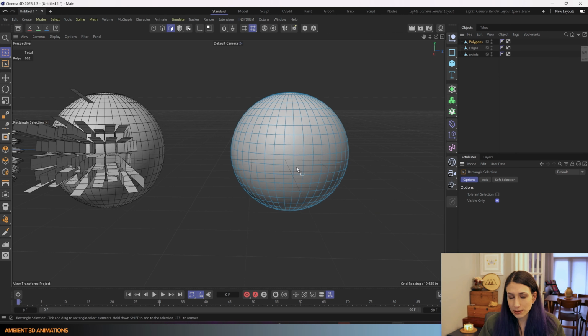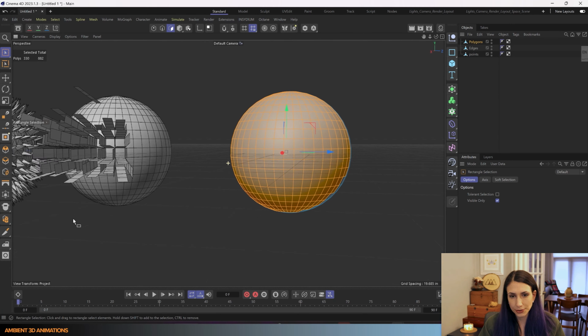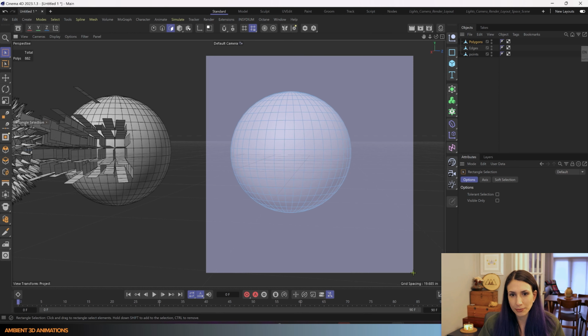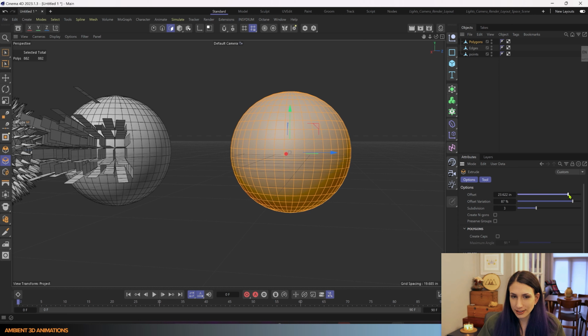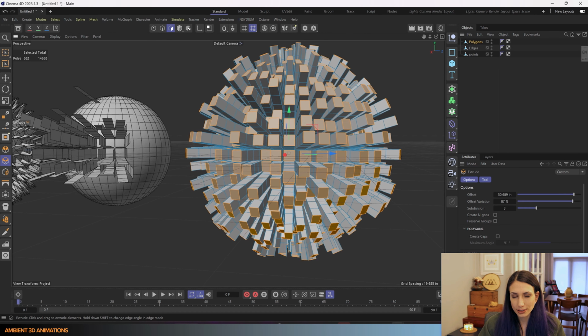If I turn on visible only and try to select this whole sphere, it only selected the ones I could see with my camera. For the purposes of this, I want to select all of them, whether or not my camera can see it. So I have all of these selected in polygon mode, and I'll hit M T to pull open the extrude tool. We can adjust the offset in here. I'm going to drag these in my viewport,